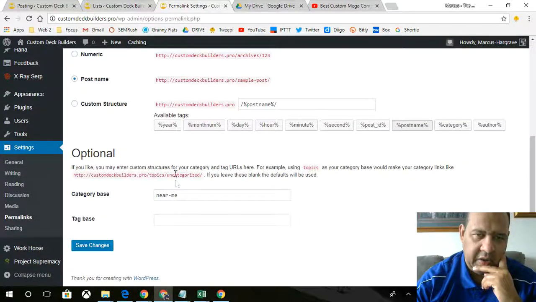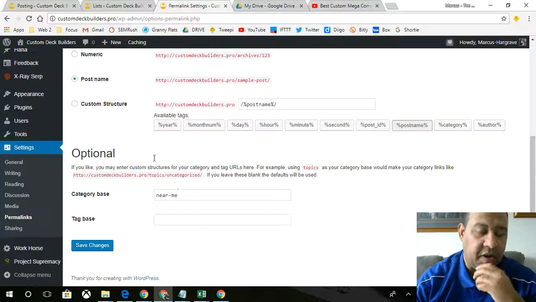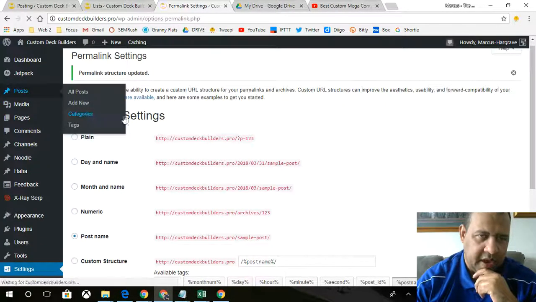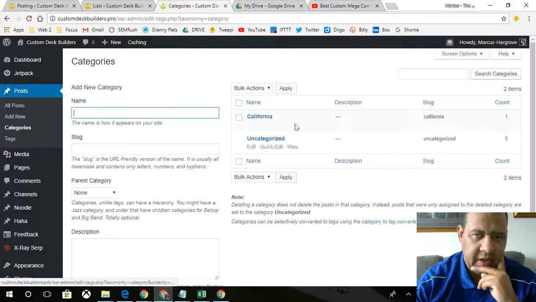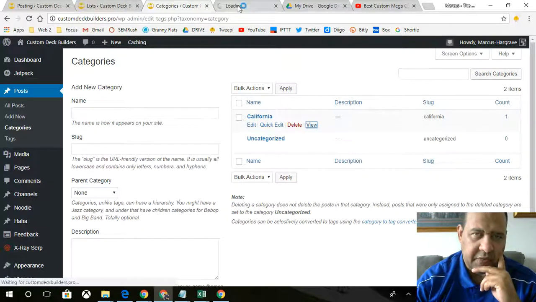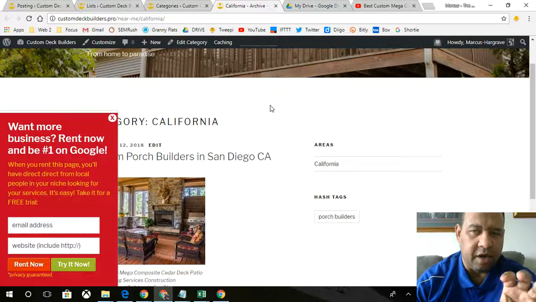And what that's going to do is make it a little bit more keyword rich. So if you go back to the post categories again, and I'm kind of glad that I saw it. So it's "near me," because "near me" is a great keyword to use. So if we open it up, and yes, you can rank for